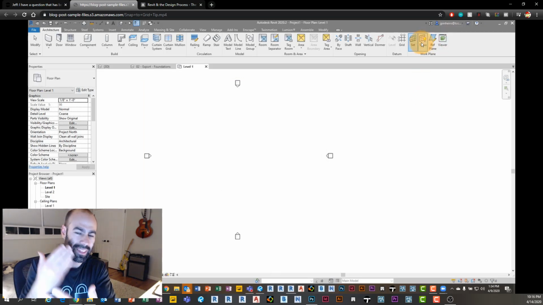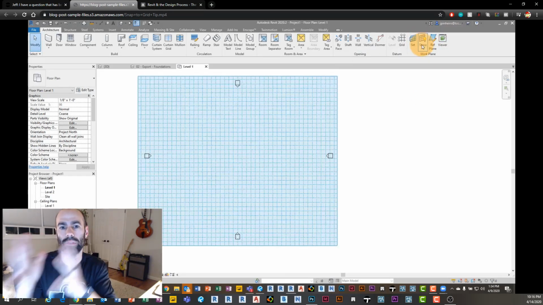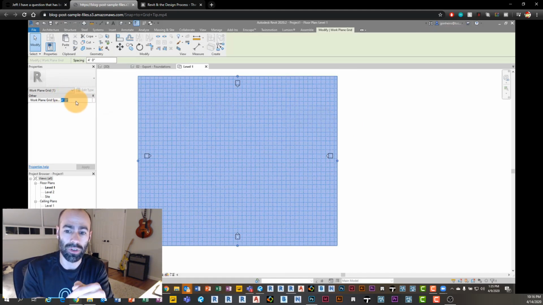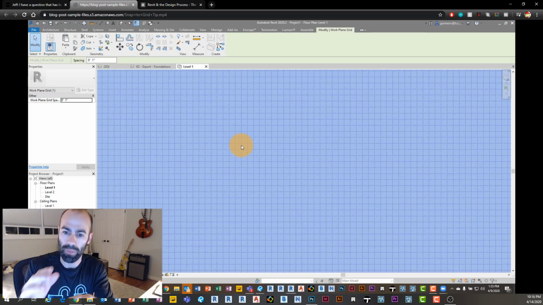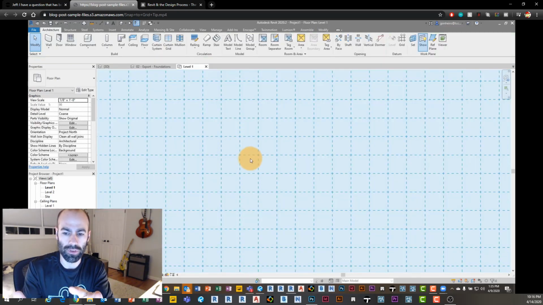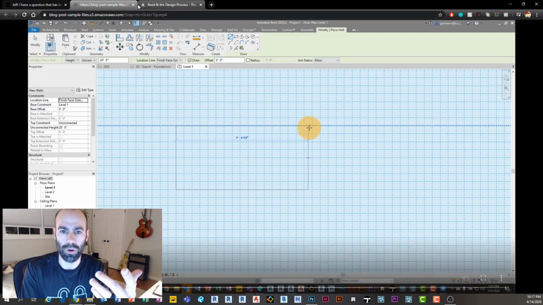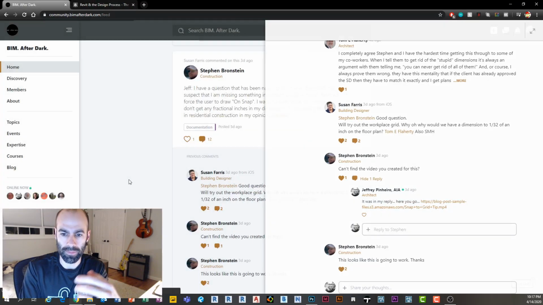So this is exactly what I'm talking about, and this is what I was alluding to with all the blog posts. It's already happening in the community, and I'm extremely excited about it. What you see here is me showing Stephen how to modify the grid so that you have only 1-inch intervals, and then Revit automatically snaps to that grid anyway. So you're kind of creating your own OSnap, which was kind of neat. So that's what you see right away.